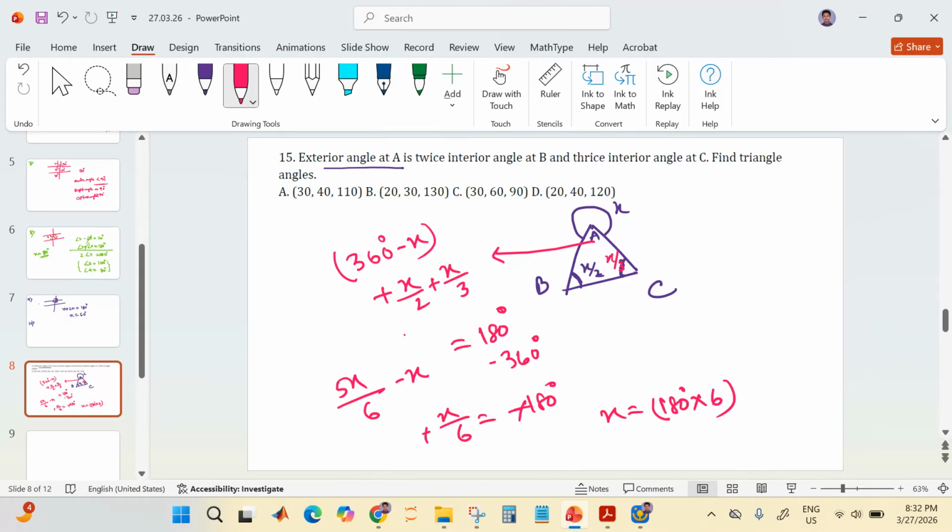Just one minute, hold on. 360 degrees minus x, yes it is correct, and it is twice interior angle at B, that means x by 2, and thrice interior angle at C, that is x by 3, right? So x by 2 plus x by 3, that will be 3x plus 2x, 5x by 6, right? Minus x is there, so I subtracted it, and 360 goes to the right hand side, and it will be minus 180 degrees. So x is more than